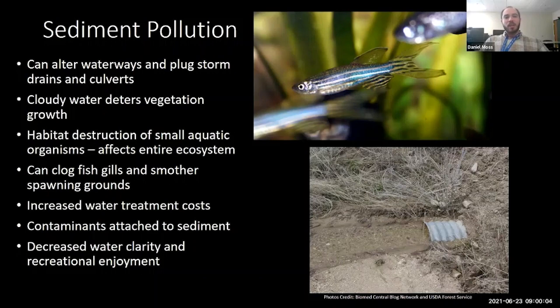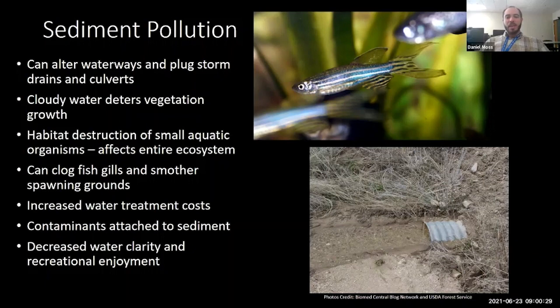It also deters vegetation growth and blocks the sunlight. So the impacts to the vegetation, to the environment are pretty obvious. But when it comes to infrastructure, this picture below is kind of an innocuous situation, but